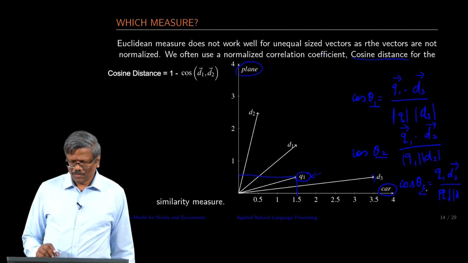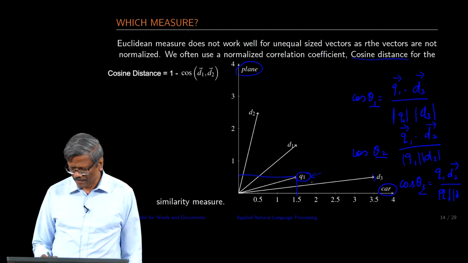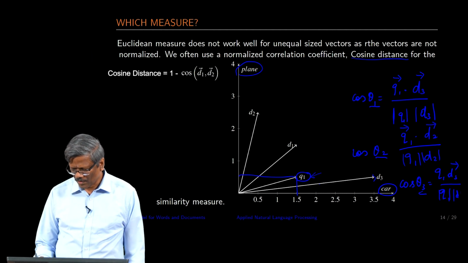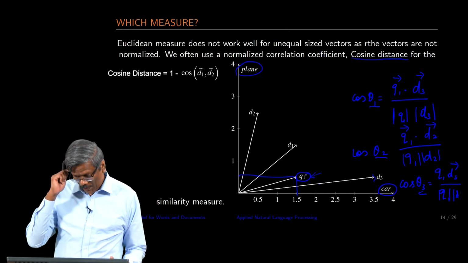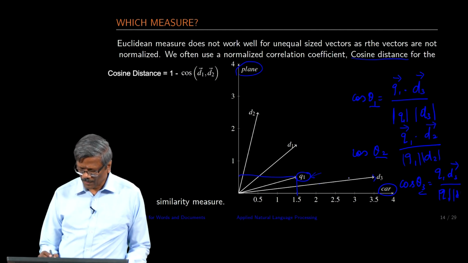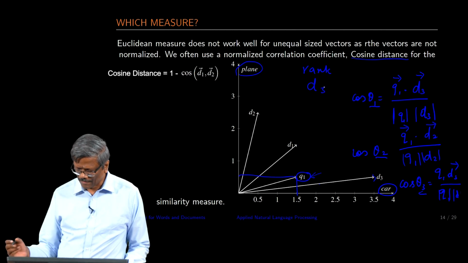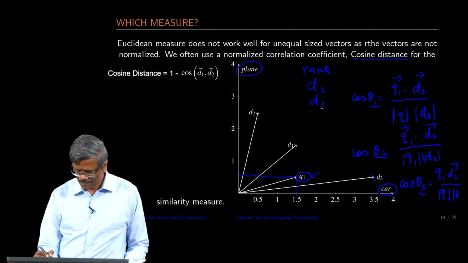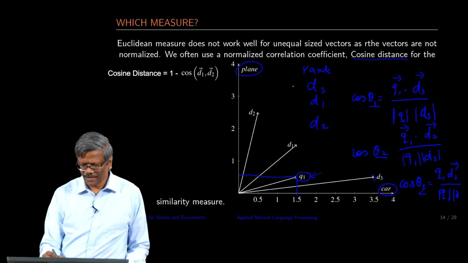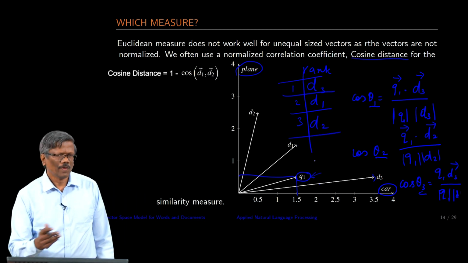So, I am going to be finding these values. The rank is accorded based on how close a particular document is to Q1. In this case, visually we can find out that D3 is close. That means we can rank it accordingly. If you look at the rank, D3 will come first, and then D1, and then D2. So, this is how you find the